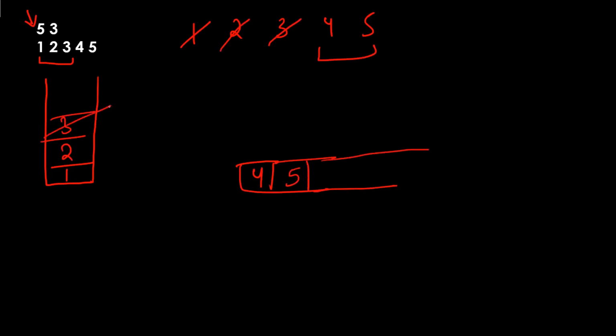So first we'll be removing this 3, then 2, then 1. If you have seen the output for this particular test case, the output was 3, 2, 1, 4, 5. So now what we are getting in our queue is, this is how we are getting our queue: 4, 5, 3, 2, 1. So what we actually want is this one.